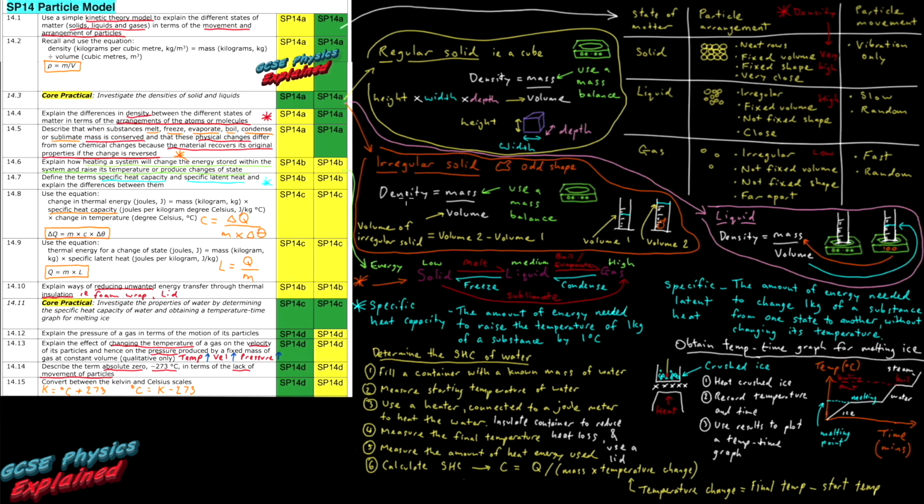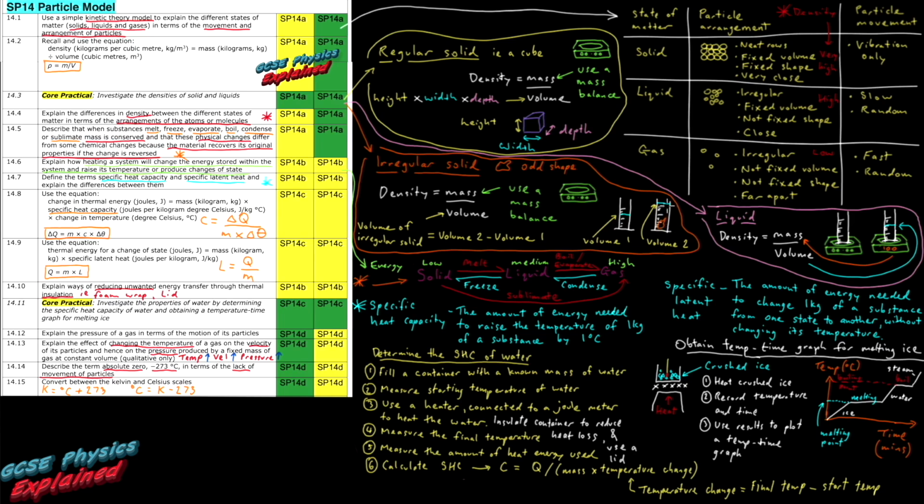In order to get the density of an irregular solid, so that means like an odd shaped solid, again, tell the examiner you're going to use density equals mass over volume. Now you can get the mass once again just by using a mass top pan balance, so it doesn't matter that it's a funny shape, you can still put it on the top and you'll get the mass. However, this time to get the volume, what you'll need to do is take a measuring cylinder, so tell the examiner that, and fill it up with water to say halfway,